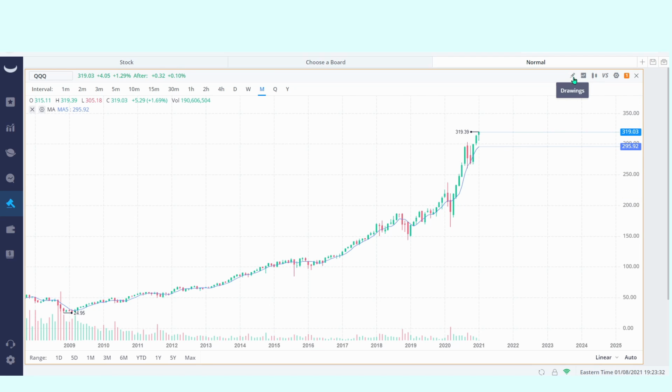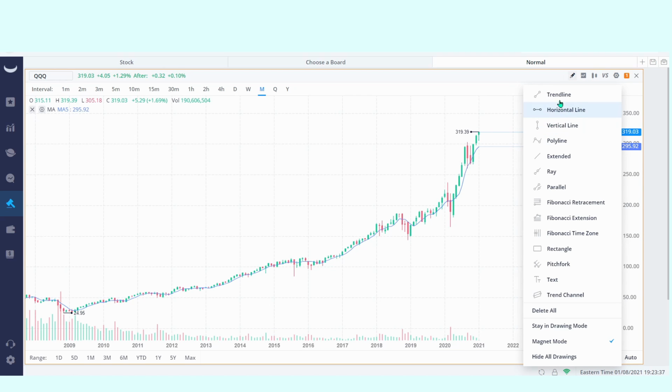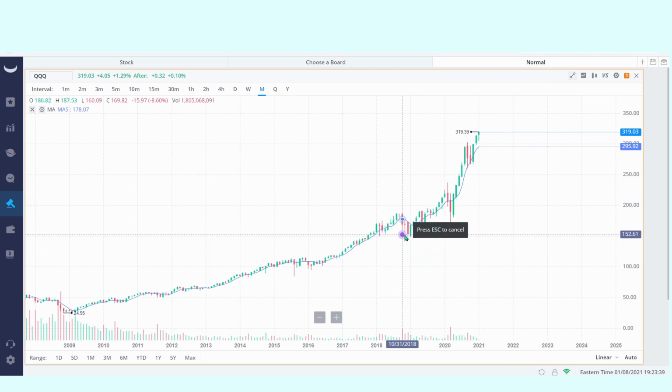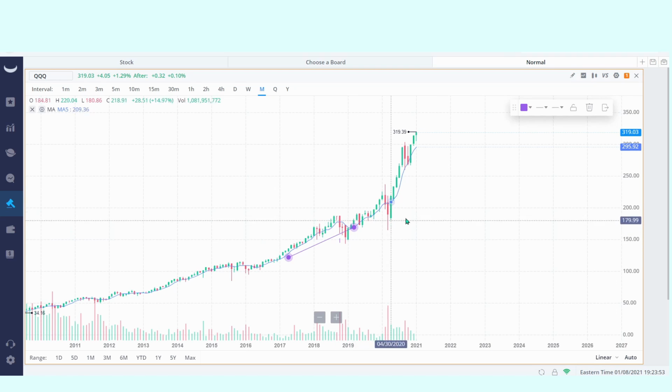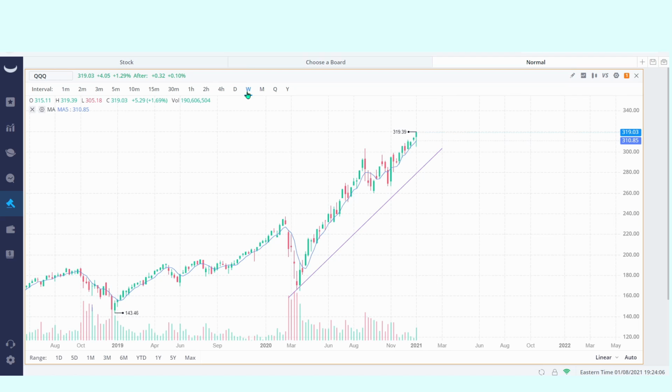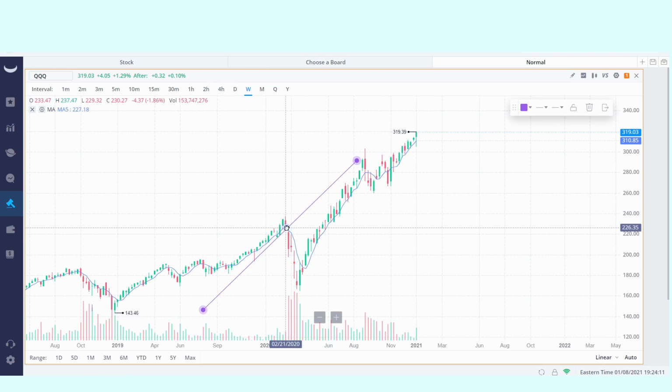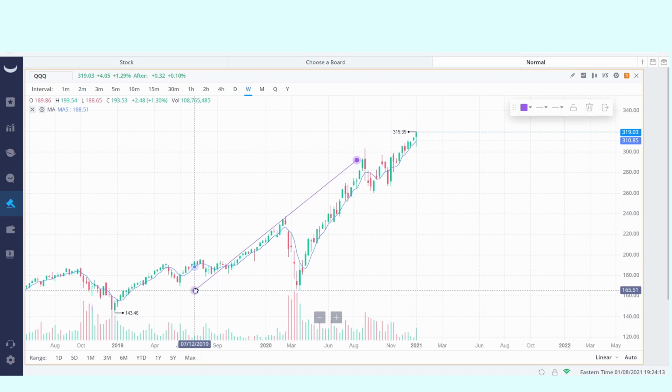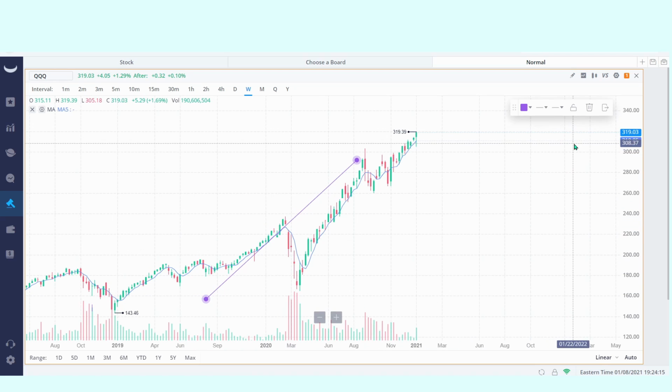And here you can decide if you want to do a drawing, like a trend line. I love to use trend lines. So there's a trend line. And you can change that. Kind of see if it breaks the trend line, which obviously it did earlier in the year. When you look at it in a weekly viewpoint, it very much broke the trend line then. If you look at that, so there's a trend line for you.